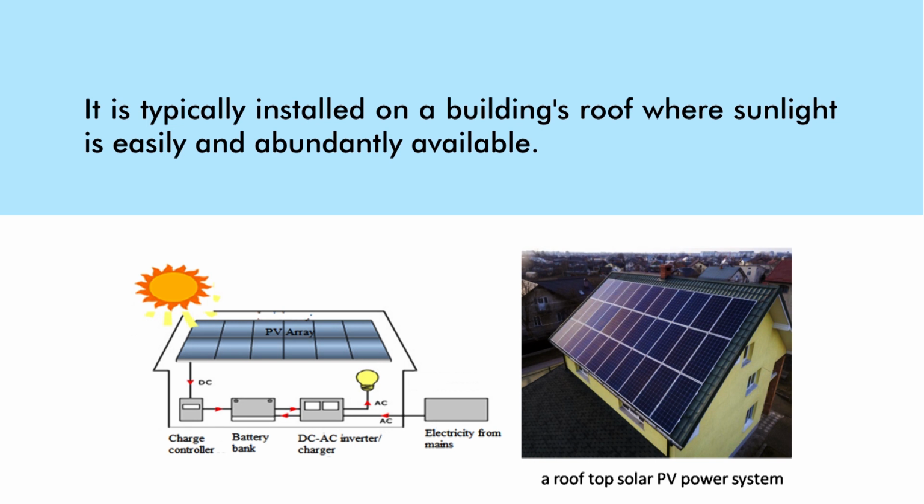The sunlight that falls on the rooftop PV array is converted into direct current power. It is stored in the battery bank with the help of the charge controller for use when there is no grid power available. A DC-AC inverter is used to convert the DC power stored in the battery into AC power to power home appliances such as light bulbs, television and refrigerator. A charger is also connected between the mains and the battery to charge it using grid electricity. This figure explains the typical roof mounted solar PV power system.